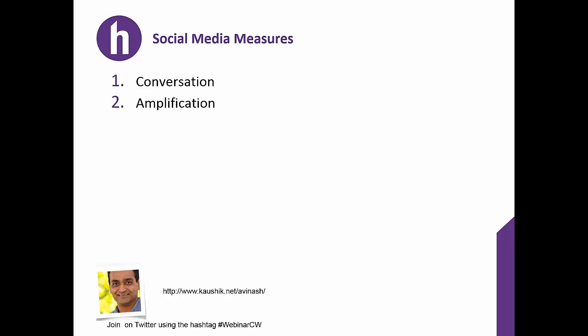The gold standard of interest is called amplification. And that means I put something on LinkedIn that you thought was so interesting that you shared it. So amplification on Twitter would be retweeting. Amplification on LinkedIn is going to be sharing. And this, to me, is the best indication that you are speaking with appropriate, interesting content that is engaging with your target market. We could also be measuring applause. And applause is when people say they like your content. So this is on Twitter. This is where they could be favoriting it. On LinkedIn, we could be liking it.